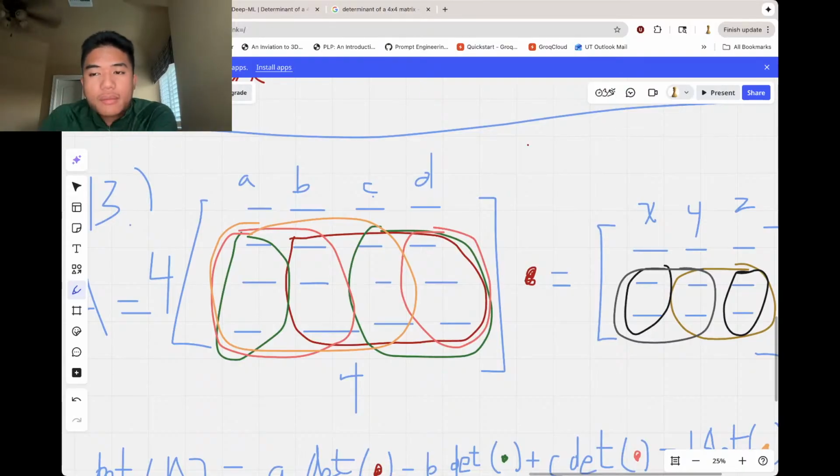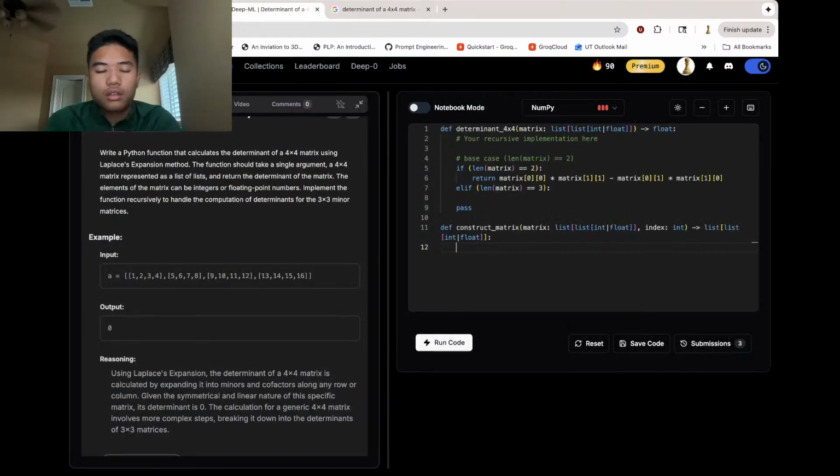Well, for any n by n matrix, okay, so let's say we're on this current index. We want to start from 1 all the way to the end. So it would be, okay, it would be